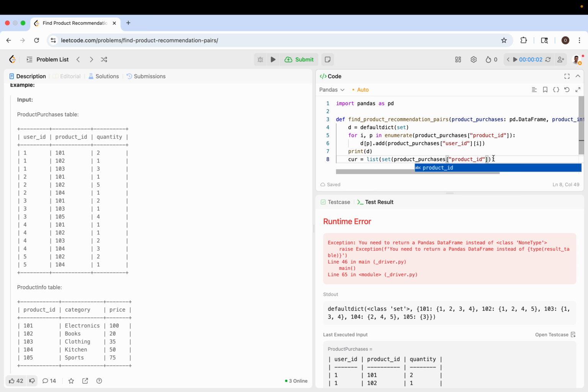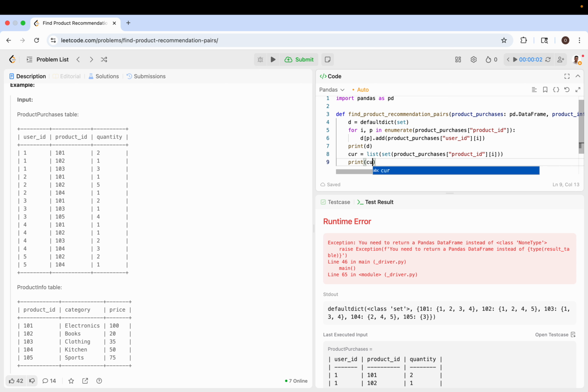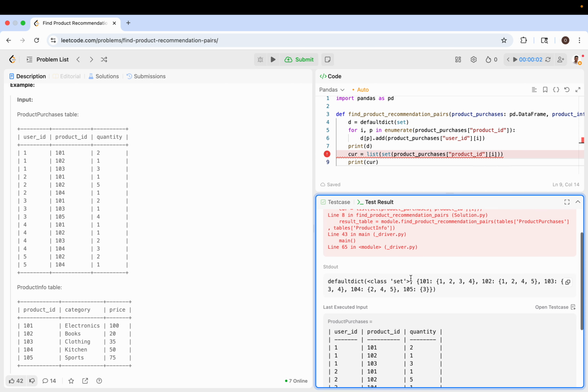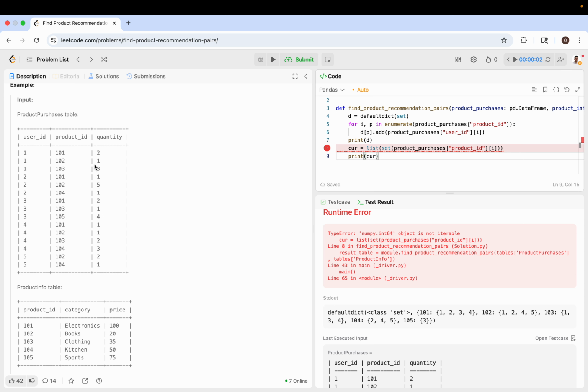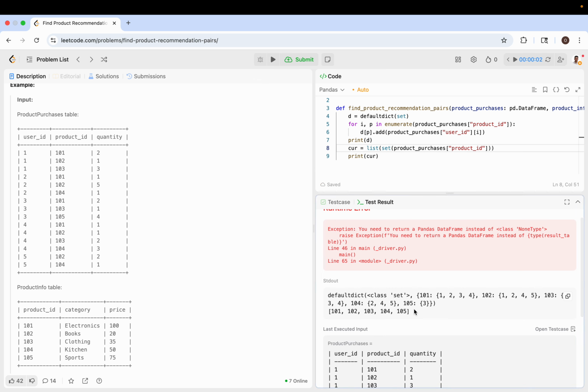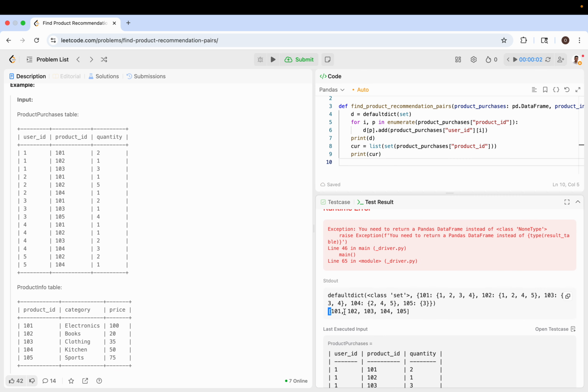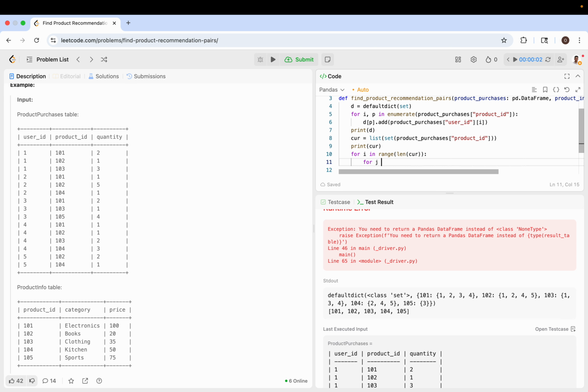Product ID of I. The reasoning behind this was that we can just do a double loop over this. Let's see, it's not iterable. Okay, we don't need I. It's a one-dimensional array. Okay, cool. So now we can do a two-pointer double loop, because you always know the right pointer is going to be bigger than the left pointer, since we sorted them and there are no duplicates. So for I in range cur,